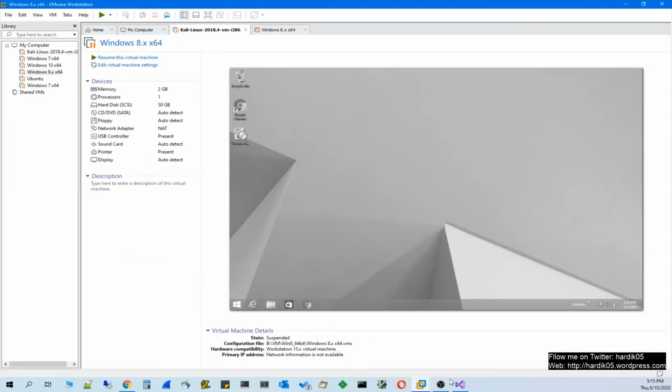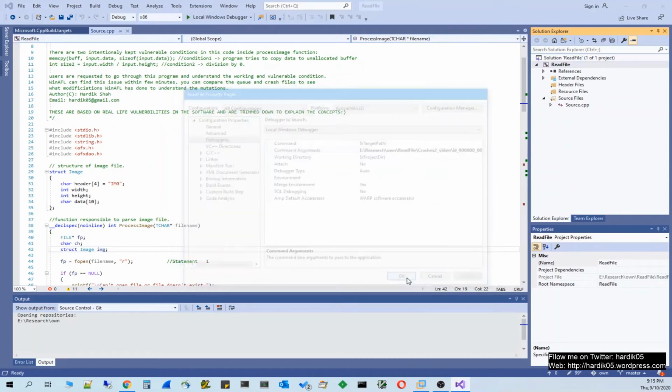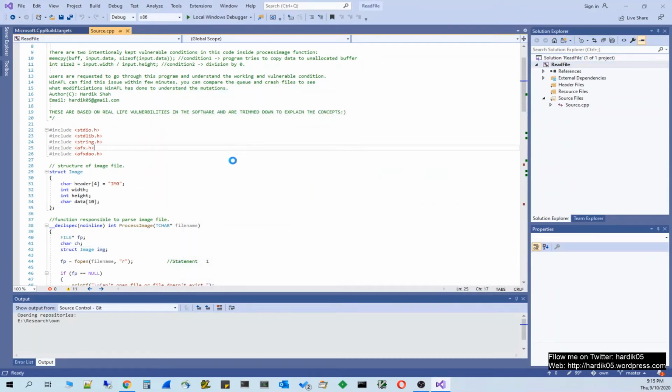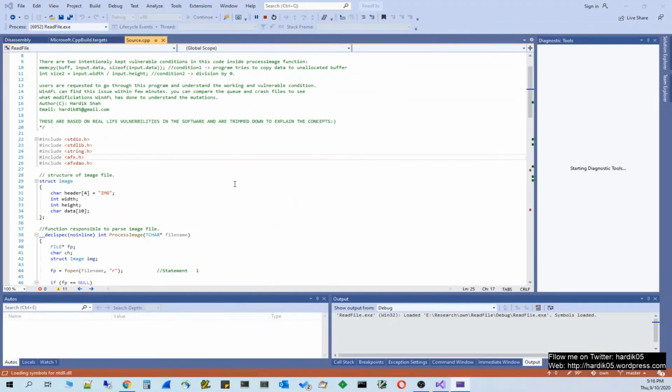Okay, let's simply compile and test what is causing the crash. I just pressed F10 in Visual Studio and let it compile and go to the main function.